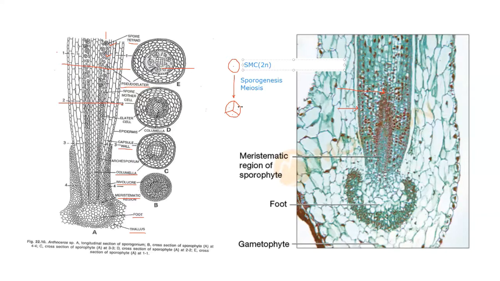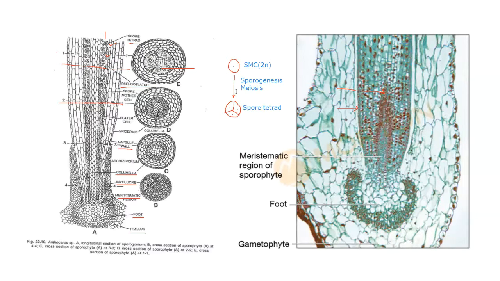And this is a spore tetrad. So in the spore tetrad, there are 4 spores. I'm sorry, this is a spore, not a pollen grain. But in pollen also you'll get similar formation in the form of a tetrad. So this is a spore tetrad. You have got 1, 2, 3 and the fourth on the other side. This is a tetrahedral spore tetrad. Once the spores are formed, that is called sporogenesis.